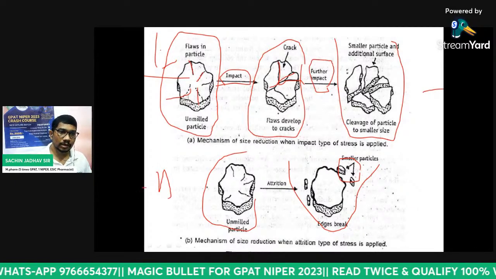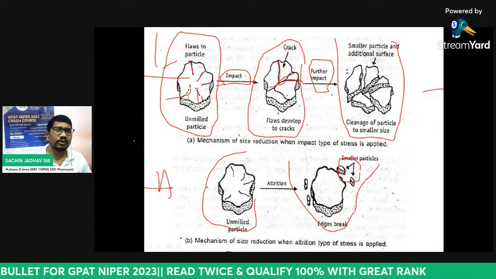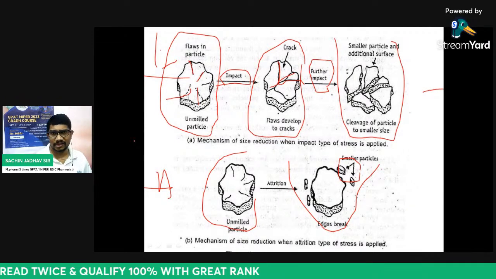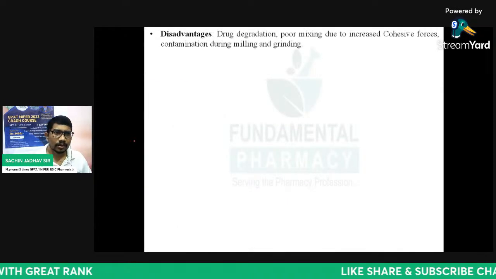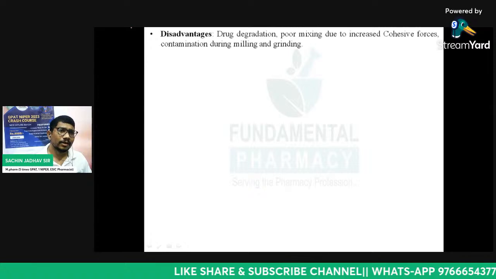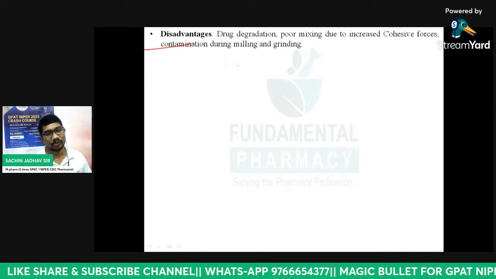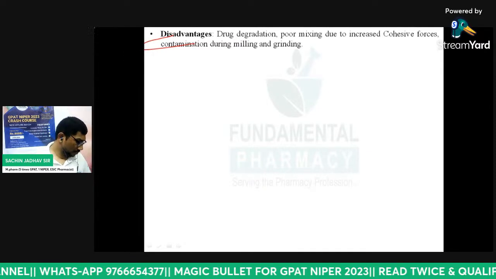So different kind of mills, they will work on a different kind of mechanism. Some mill work on attrition, impact, okay, and then crushing, etc., etc. We are going to see it in a detail in upcoming slides. So what is the disadvantage of size reduction? साइज रिडक्शन का डिसएडवांटेज क्या है, मेन इंपॉर्टेंट आपका जीपीएट के लिए कौन सा इंपॉर्टेंट है वही। तो साइज रिडक्शन का मेन डिसएडवांटेज क्या है,